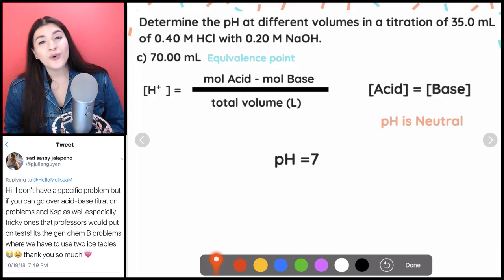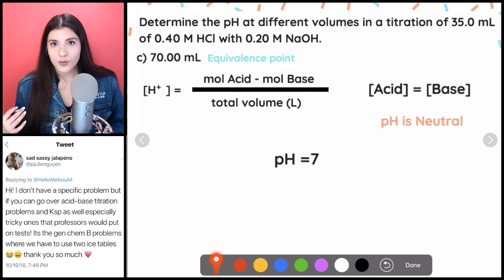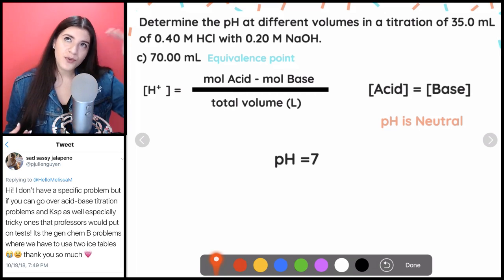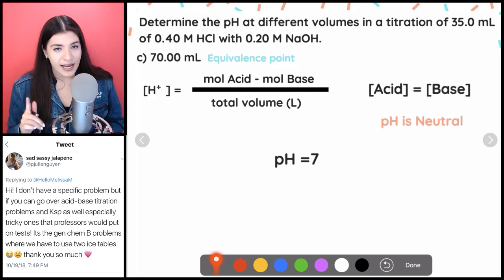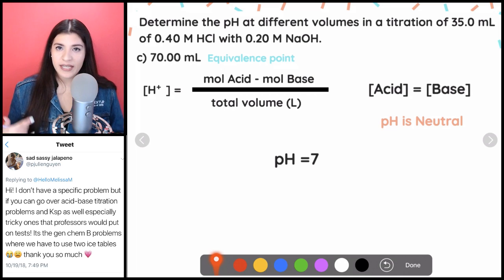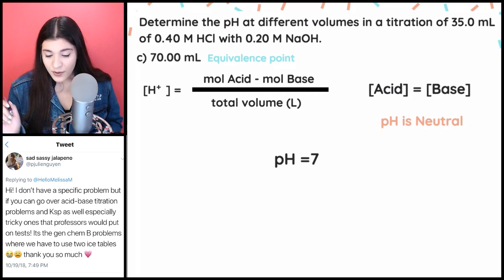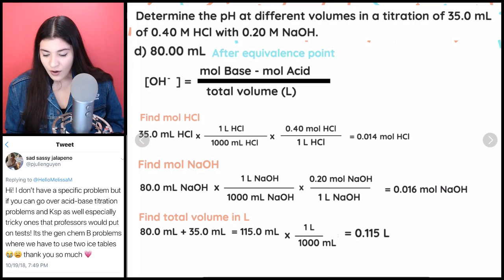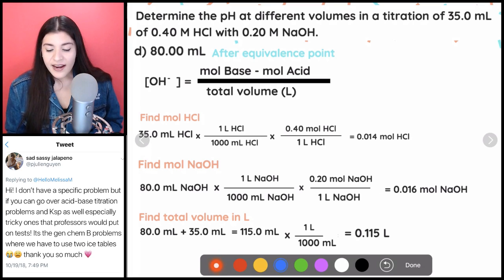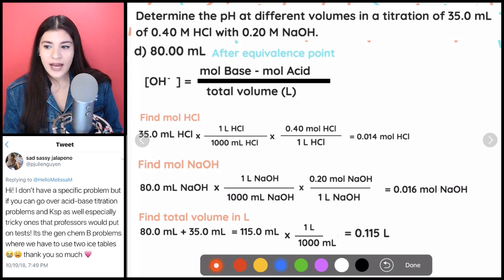So that's why it's so important to know what your equivalence point is, because it makes the steps a lot easier to figure out, oh, is this before? Is this after? Is this actually at equivalence point? So, and once again, this is only for a strong acid, strong base titration. And the last part is talking about when it's after equivalence point. So we stated that after equivalence point, that means we added a lot of base.